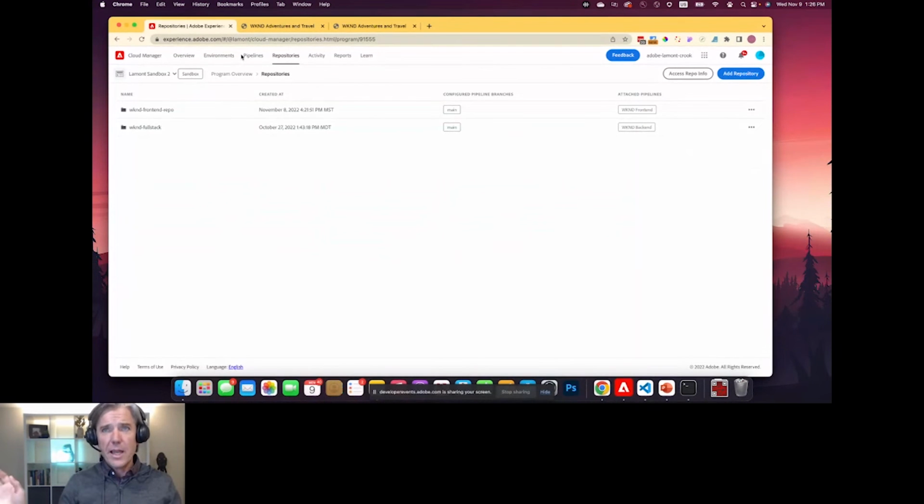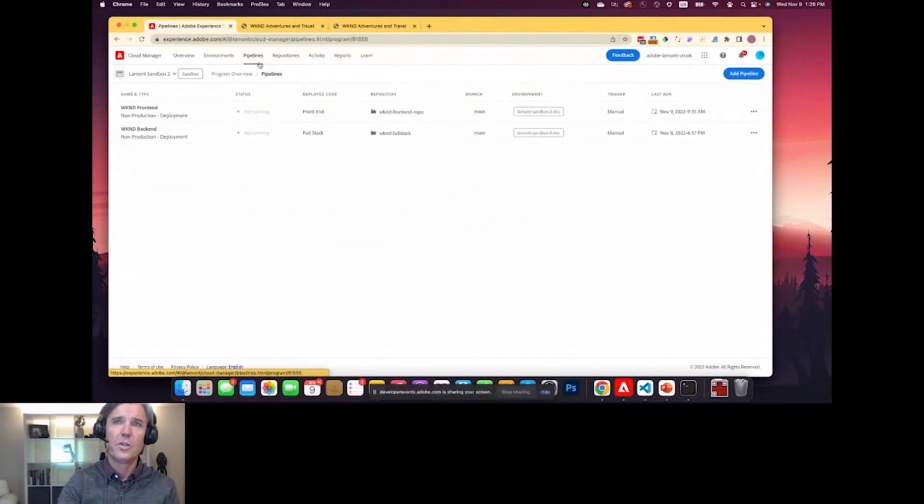So after you've done that, then you can create the pipeline. Since I don't have a production environment in AEM, so in environments like dev, stage, production, since I don't have that, I can only create a non-production pipeline.